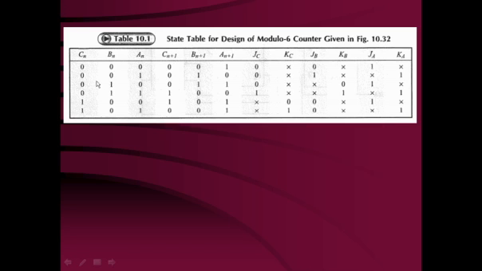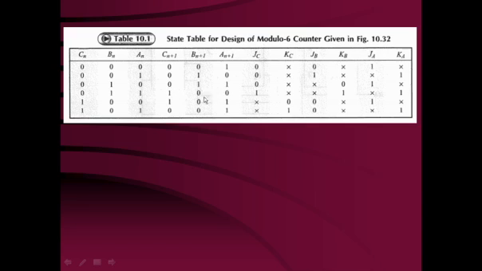Here you can see that the present state is 0, 0, 0, the initial state. Then it will go to the next state, 0, 0, 1. Now this 0, 0, 1 becomes your present state before the second clock pulse. After the second clock pulse, it will go from this present state to the next state, 0, 1, 0. After two clock pulses, this is your present state, 0, 1, 0. Then it will jump to the 0, 1, 1 next state.